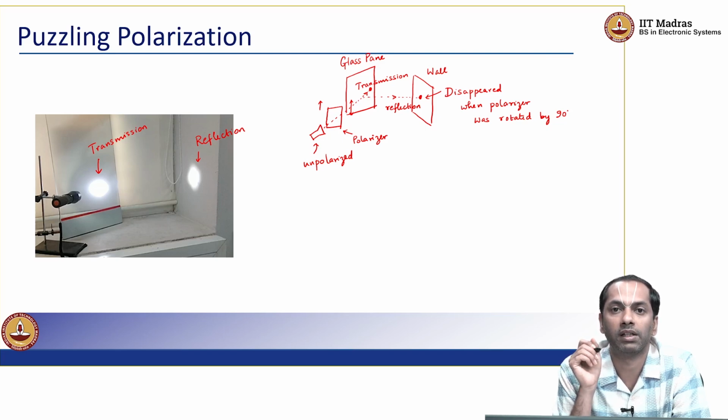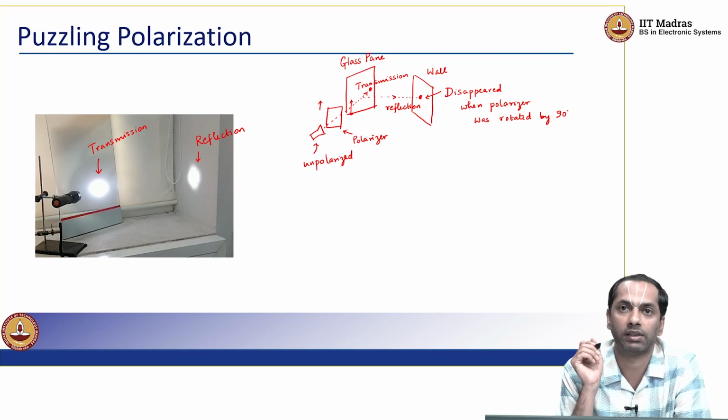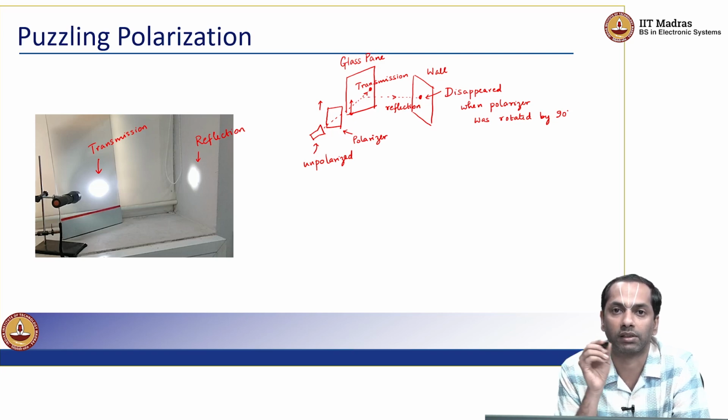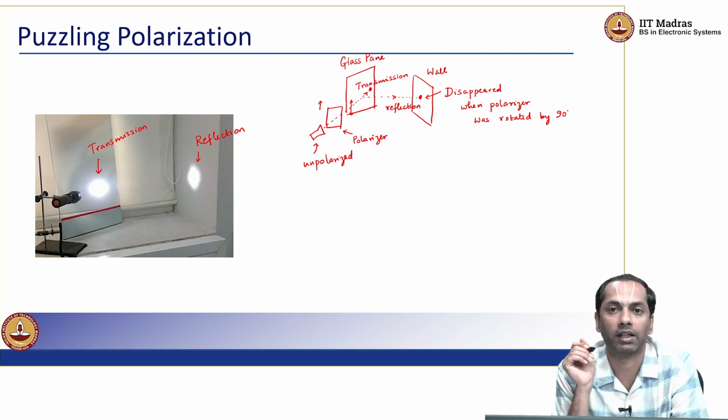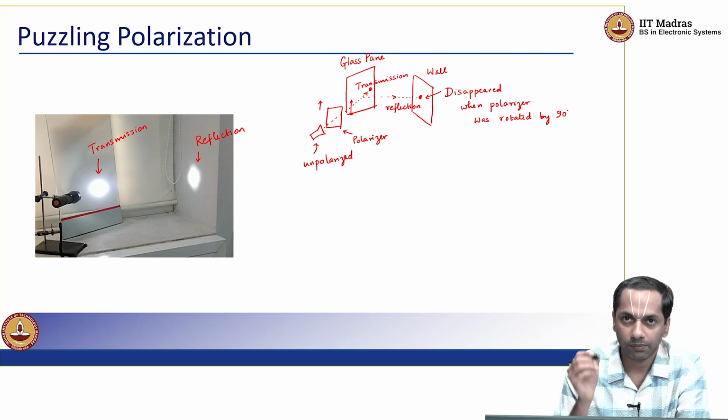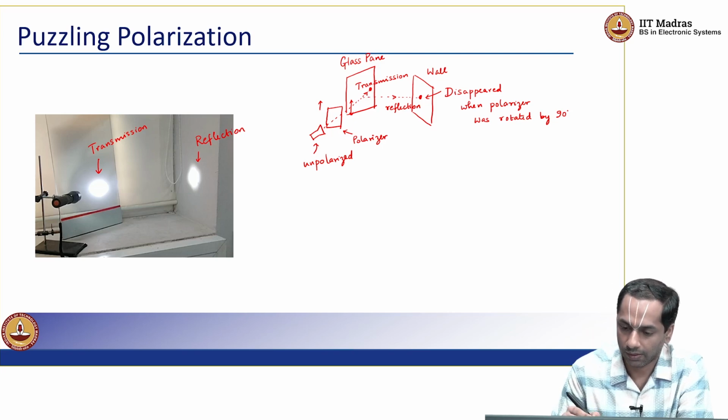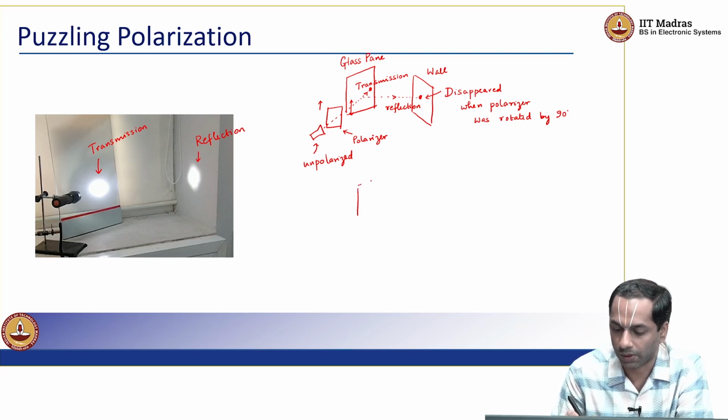So, merely by changing the state of polarization, that is the axis of polarization of the electric field that is allowed to interact with the glass pane, I am able to control whether the light gets reflected or not. Seems like a very bizarre phenomenon. So, the same situation, if I were to keep the polarizer plate in this direction,